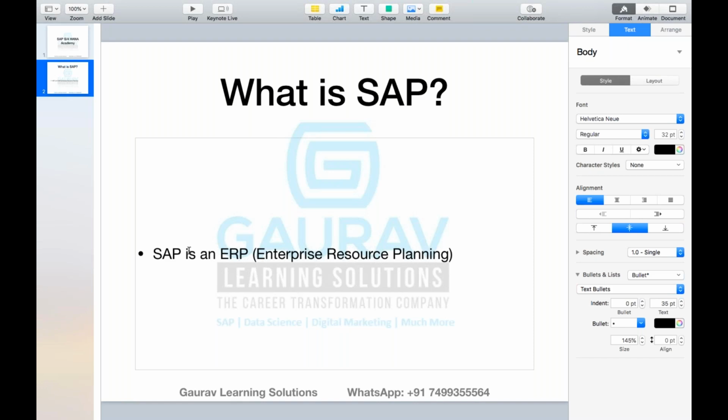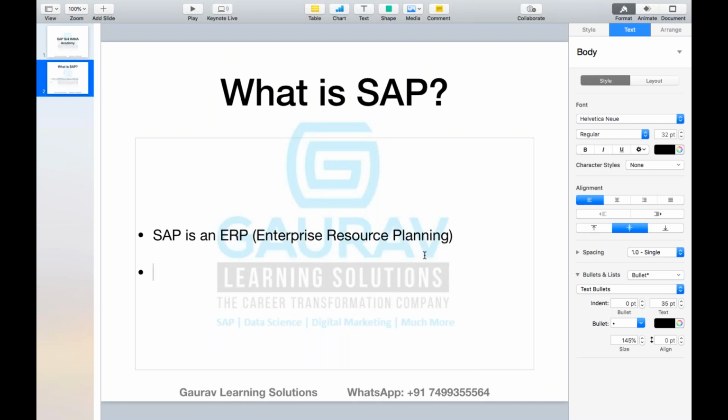Okay. So SAP is an ERP, which stands for Enterprise Resource Planning. What exactly is ERP now? That is the second question. ERP is kind of a software, but the only benefit of implementing ERP is that it is an integrated software. I'm just introducing the simple terms rather than making it very complicated. So ERP we can say is an integrated software which integrates